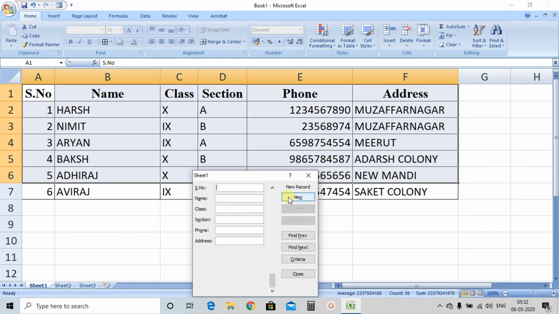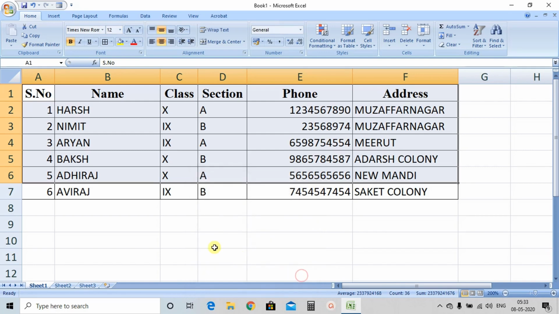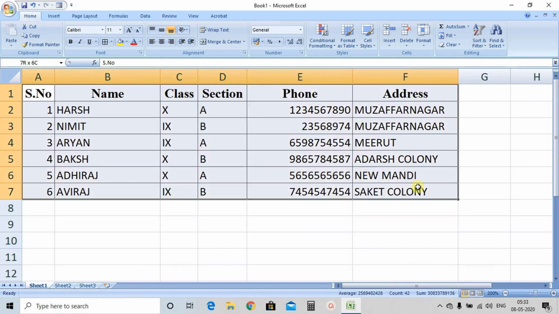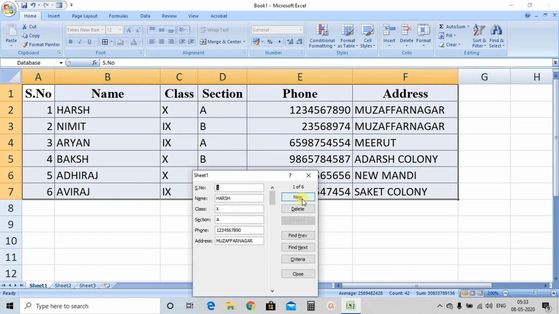You can enter as many as record you want. It is not necessary that once you have entered or I have closed this, you cannot enter more record in your form. If you want to enter a new record in your form, what you need to do, just click this complete table, okay, and then click on the form button and click on new.